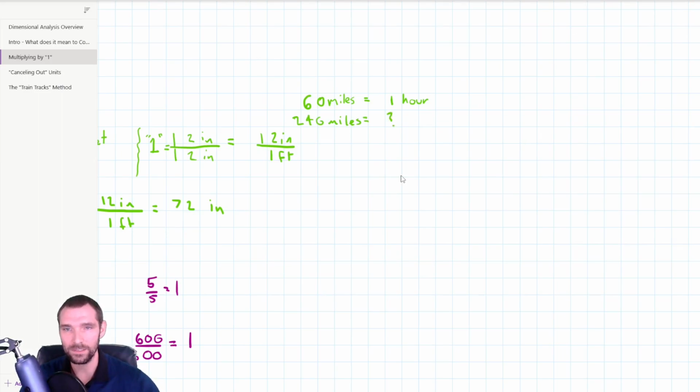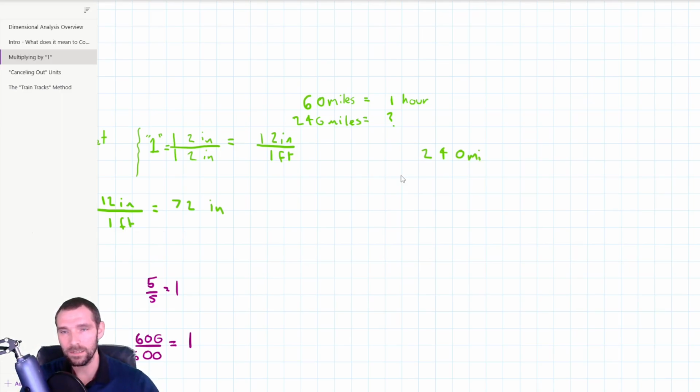And yes, you can do this math in your head, and you probably did that when you were in middle school math, right? But we have to be able to write this out, because if you can't, the longer problems are going to be very difficult. So if we've got 240